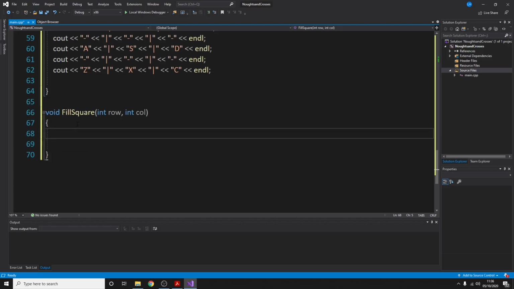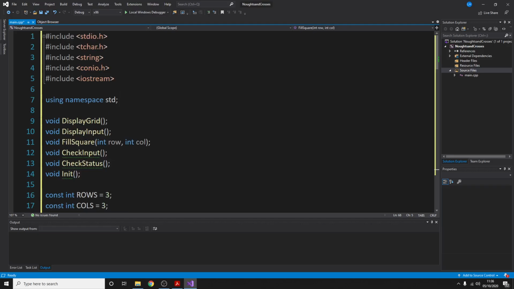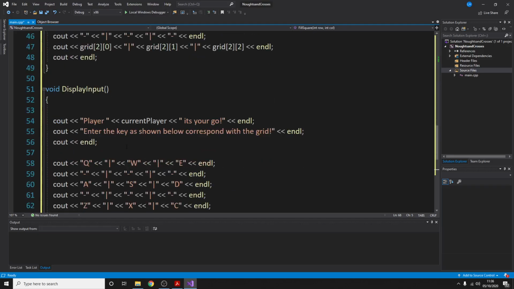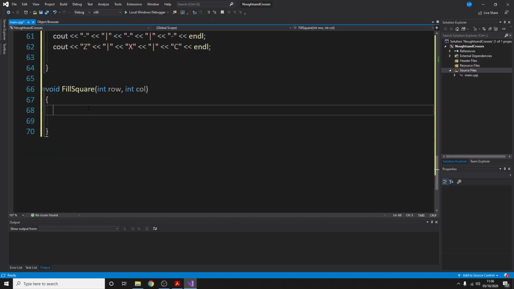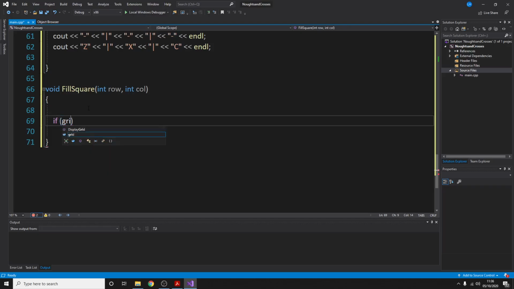So we're going to create a fill square function, which is our next one on the list if you look, and that's going to have two different values attached to it. So when we type in something, it's going to take that value and do something with it. Okay, so the first thing we're going to do is create an if statement. So if the grid, and then the two rows and cols like so, is not equal to blank. So if it's filled basically,